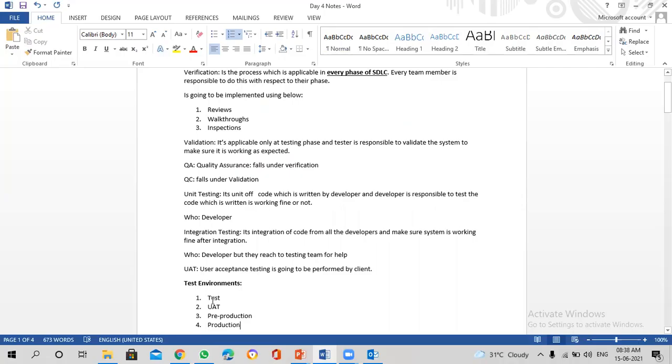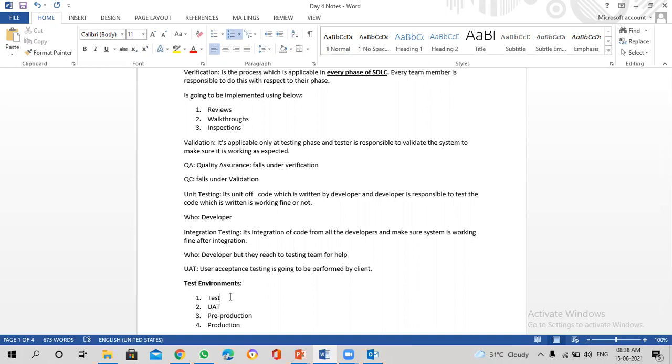Every environment will have separate servers and every environment will have separate URLs. Okay. So if my application is for, whatever, Citibank, right? Let's say that I'm working on a Citibank project and I have to test that particular application. So you should have separate environments created. One for testers, which is known as the test environment. One for UAT, which is to be dedicatedly available for the client. And pre-production, we will discuss it.